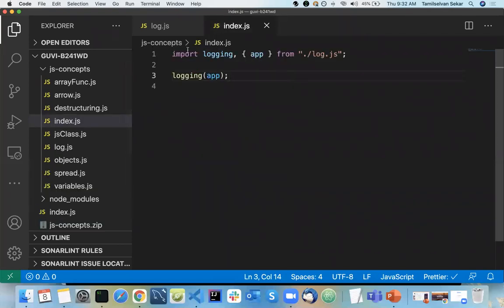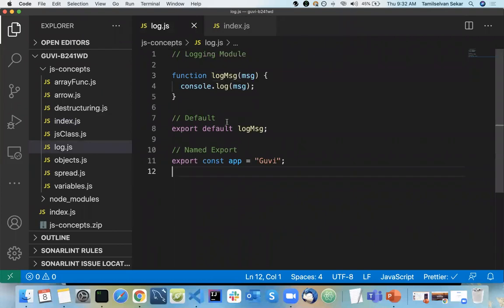Thank you. So I'll give you a quick summary now. You can have anything in your file, for example log.js. It can be a function, a variable, a number, or JSON, everything. If you want to have them accessed outside this particular file,